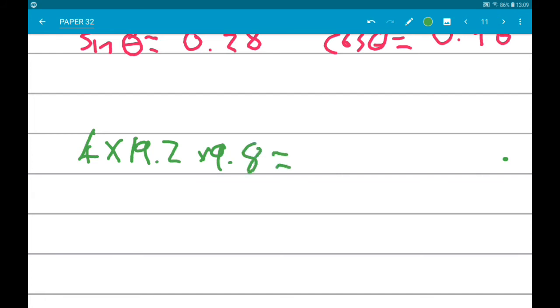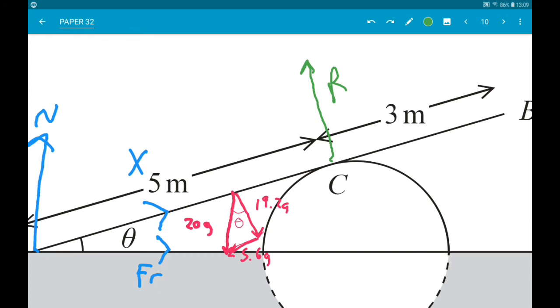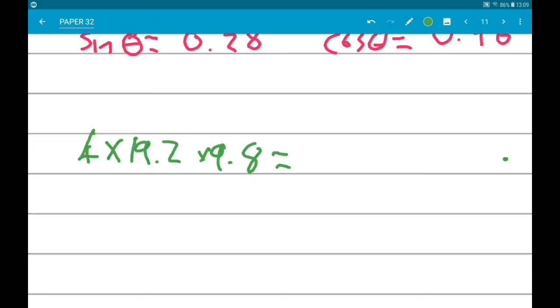Now, we know that that moment must be the same as the moment at C, and that is just going to be 5R. Now, from that, we get that R is 150.5. Alright, now that may not seem important yet, but